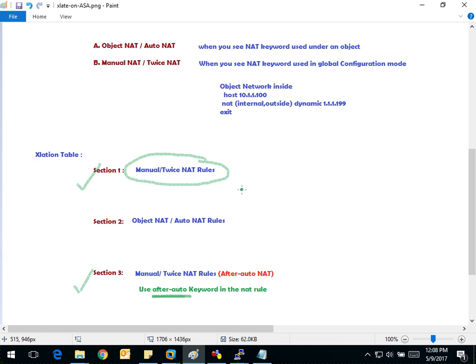So first you need to know how to identify a twice or manual NAT, and then, because this particular rule can belong to two different sections in the table, you need to know how to identify whether it is going to section 3 or section 1. That differs based on the keyword after auto. Same statement, put an after auto, it goes to section 3. Don't put after auto, it goes to section 1. Do you get this? Okay. Now